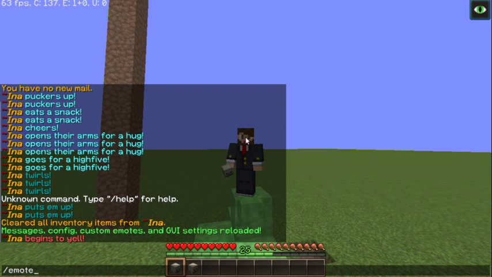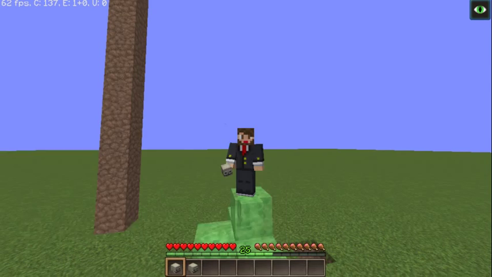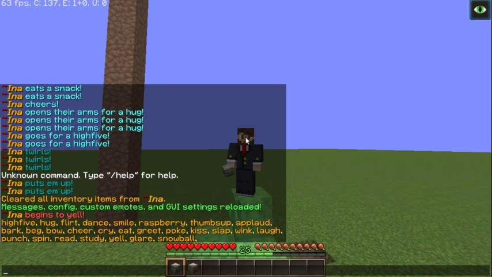Another awesome thing, Emotes List. If you run that, you can see every emote you have permission to, including any custom emotes that have been created, which is pretty awesome. So you can get your players to run that command, and it'll show them what's available and what, well, I guess it won't show what's not available. And there's a cooldown, as you've seen before, and I do actually have permission for it, so